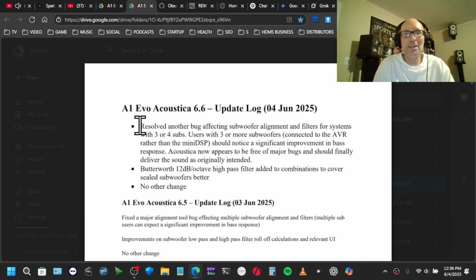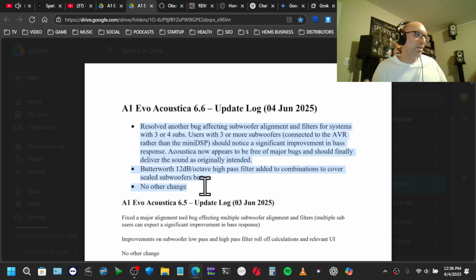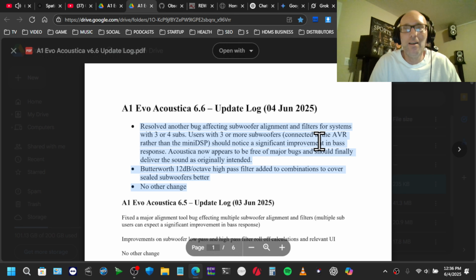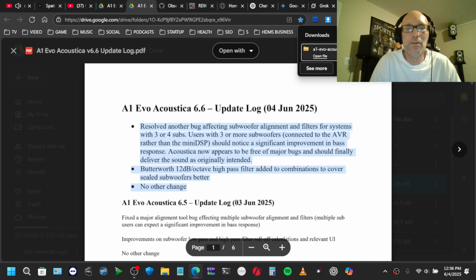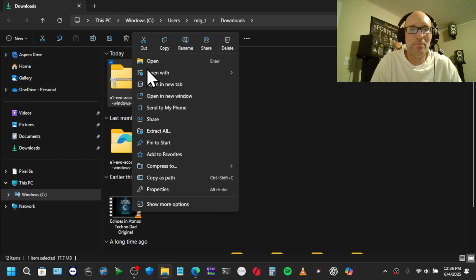I haven't seen anywhere in these notes that the changes from 6.4 to 6.5 fixed a bug, because I didn't test anything last night. I just ran an EQ and it looked bad. Even the calculations were bad. So maybe that was just a bug. All right, so